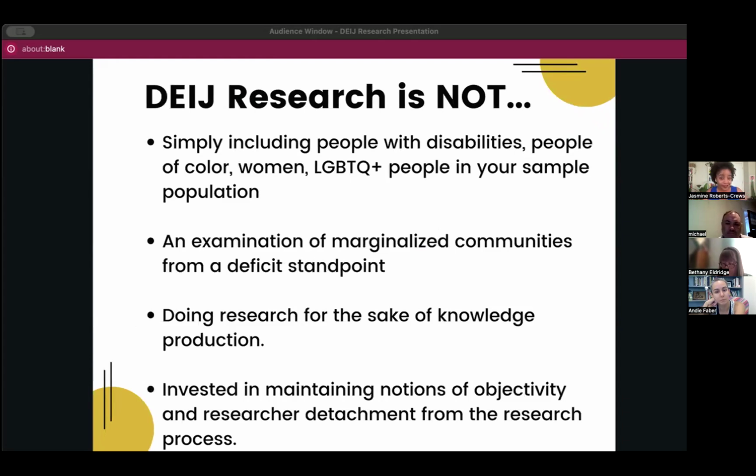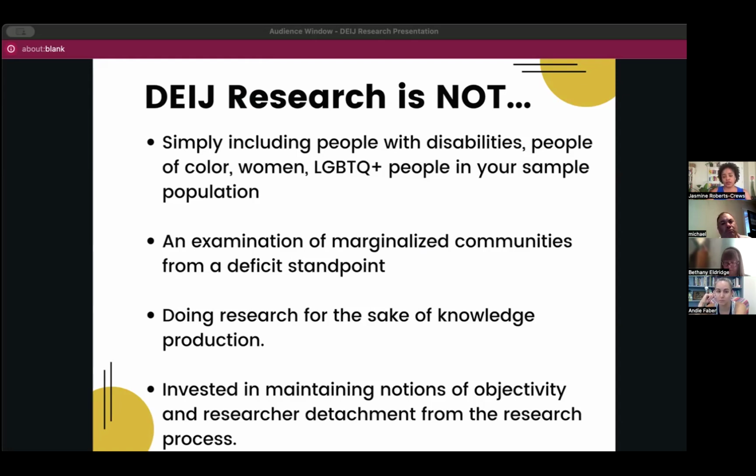So a couple of things. DEIJ research is not the following. And I've seen this happen honestly a lot. If you've even done this in your research, that is okay. I just want to dispel maybe some misconceptions of what this research is. It is not just saying, okay, well, I'm going to include Latina students in my sample size, so check, I've done the research, or I'm doing research at an HBCU, therefore it's inherently